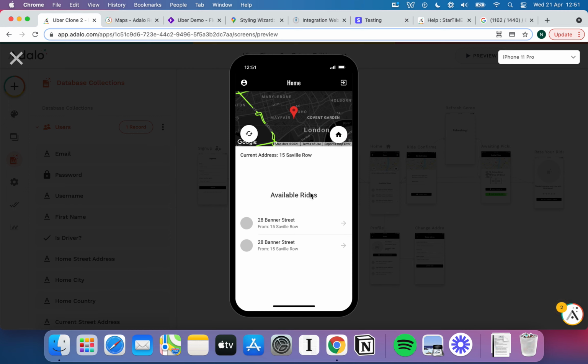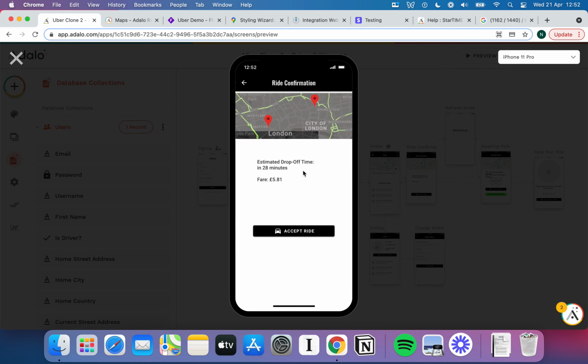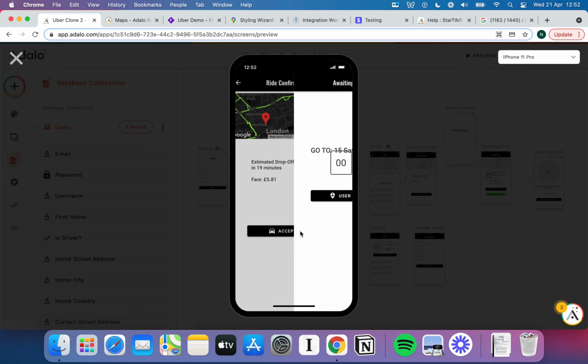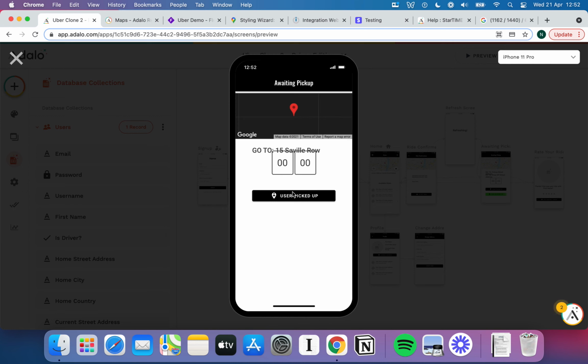So what will now happen is if I come to 28 Banner Street, I've got that ride available. It says the drop-off time's in 28 minutes, which is exactly what we told the rider as well. You can see the map's updated to show both locations. I can hit accept ride. Now my screen's a little messed up, I'll need to drag that and sort it, but you can see it says go to 15 Savile Row. I can then hit the user's picked up,